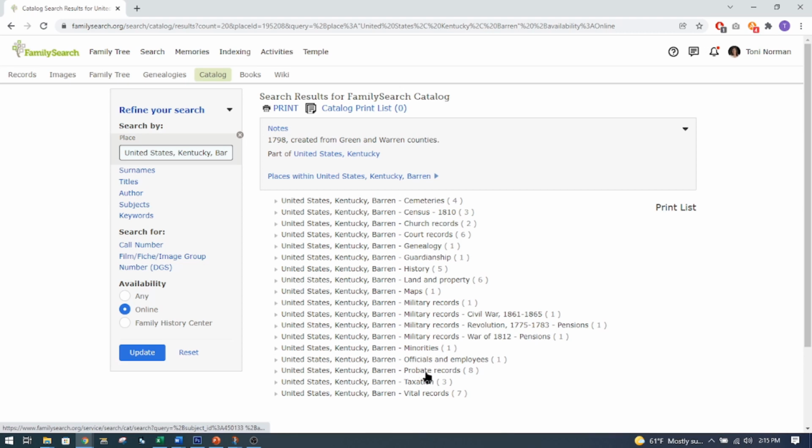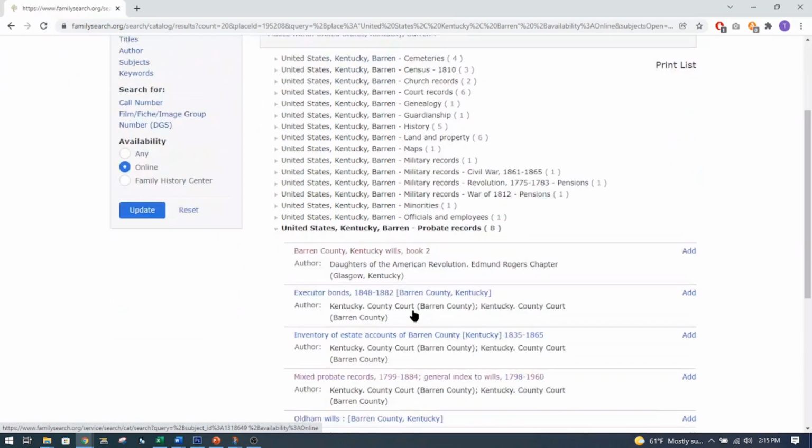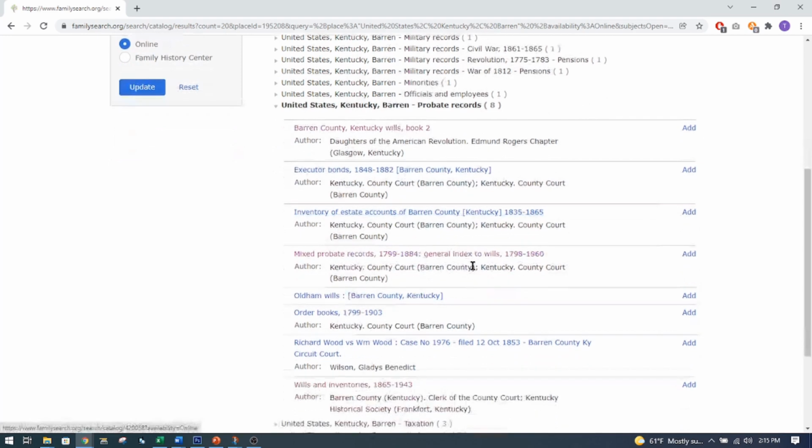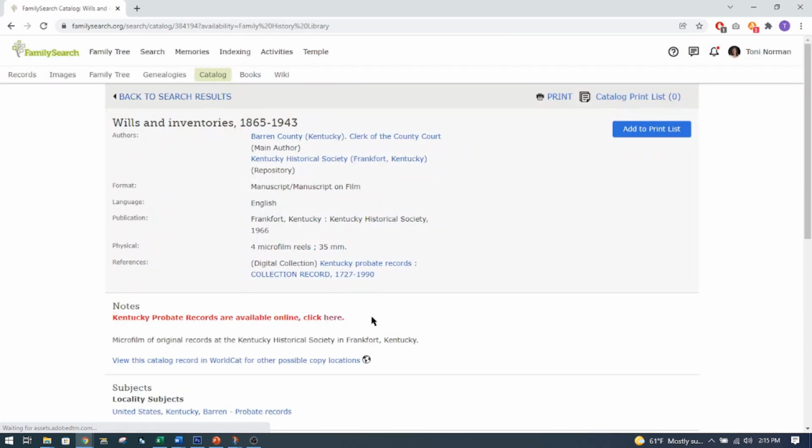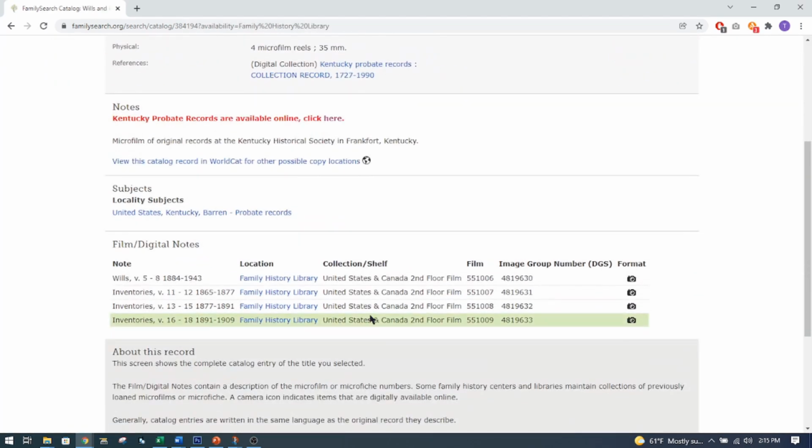And you can find them under probate records. And this one has the wills, general index to wills, but if we come down here we see we have wills and inventories, and it gives the date, so if you need it before that. Here's mixed probate, you might be able to find some inventories in there. So let's click here, and we're going to come down here to inventories. Right here, click on that,